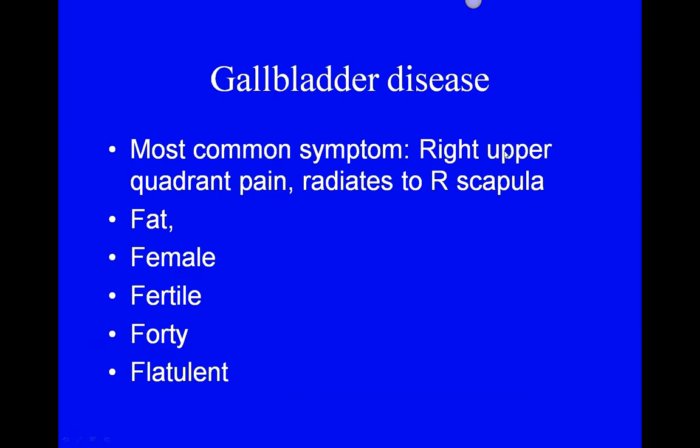So gallbladder disease, right upper quadrant pain. It radiates to the right scapula. The person that's kind of the characteristic person at risk for it, people use the 4 F's or the 5 F's. They're usually women. They're usually women who are overweight. They're women who are still premenopausal, so they're fertile. They're typically in their 40s, and they also have an increased amount of abdominal gas, and that comes from what